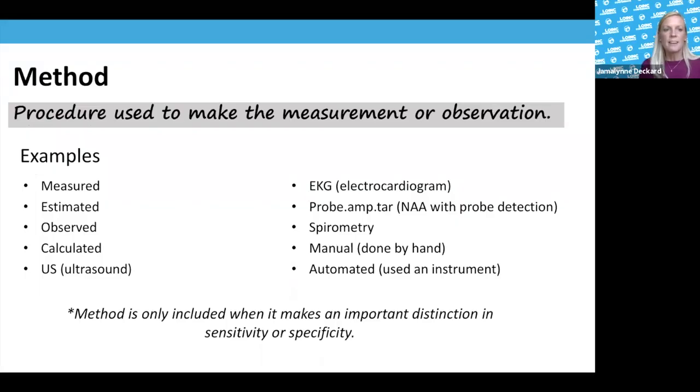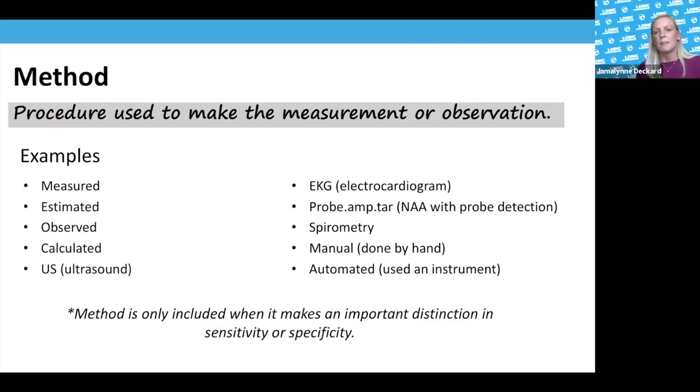And then the last axis, the 6 axes, is the method. And this is the procedure used to make the measurement or observation. In the clinical space, we have measured, estimated, observed. In laboratory and clinical, there's calculated. Ultrasound we have for method,